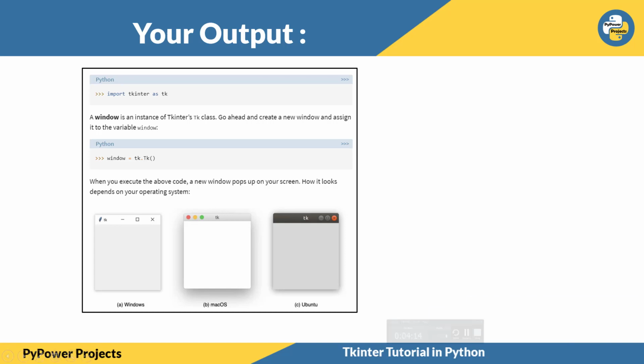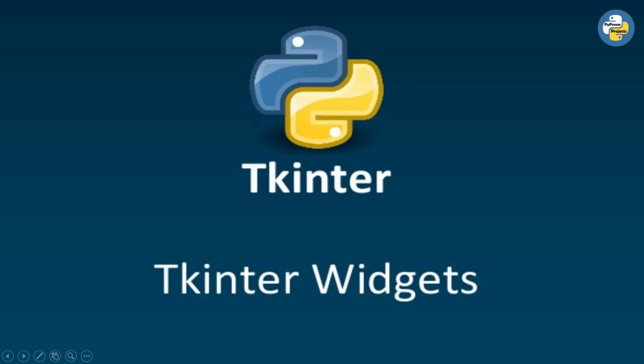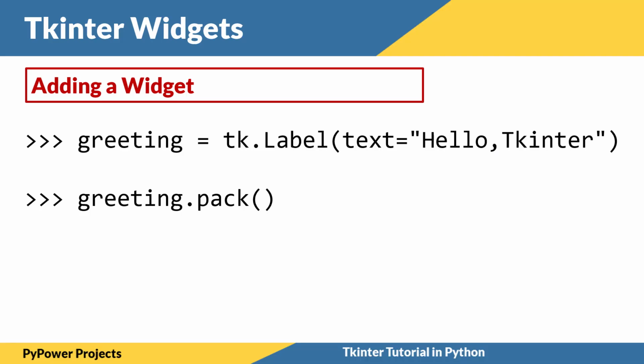Now we will learn about Tkinter widgets, because creating a simple window is not our goal. We need to make a real life project of some kind. So we need to learn some various features, some basic tools that could help us engage the audience. The first tool is adding a widget. Widgets are of mainly four kinds. We'll study that later, but the simplest widget available is the label.